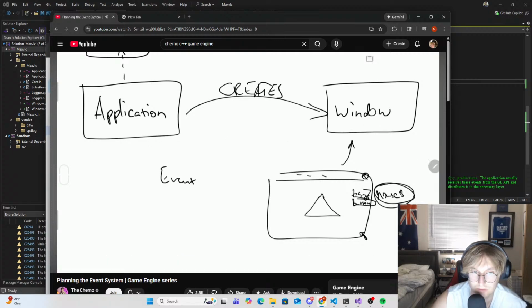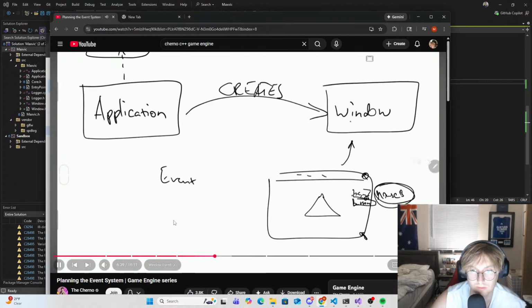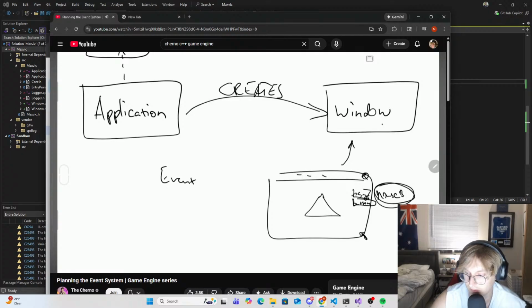But instead, what we want to do is give the opportunity for this application to provide the window with a callback. Now, this can be something as simple as just a function pointer. In fact, we'll deal with that first to begin with. Every time this window gets an event, it can check to see if the callback is present. If the callback isn't null, it's going to call the callback with this